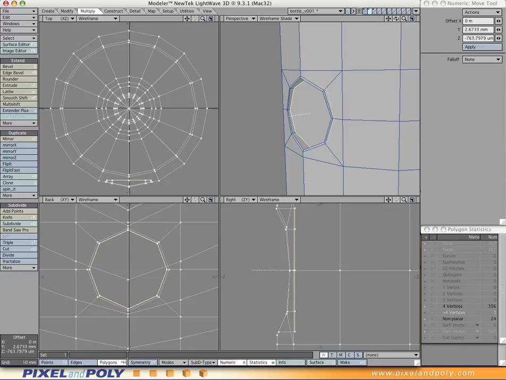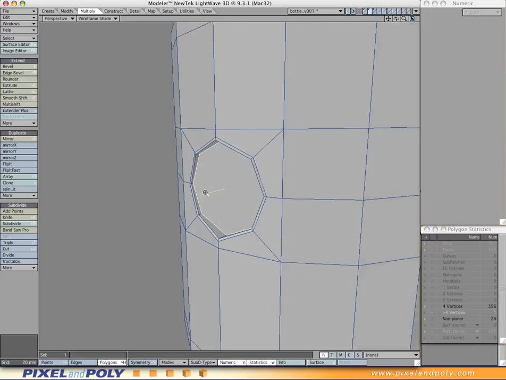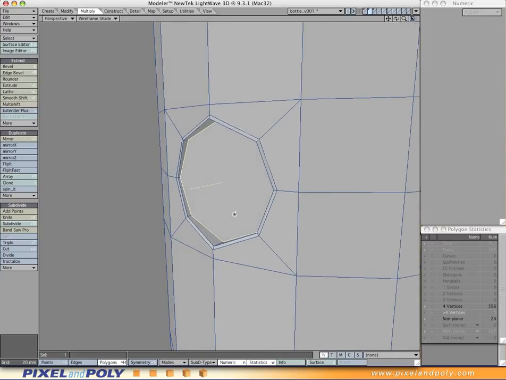There we go, and that looks good like that. And that's actually going to be our first control loop for this inset area. And now I'm going to go back to multi-shift